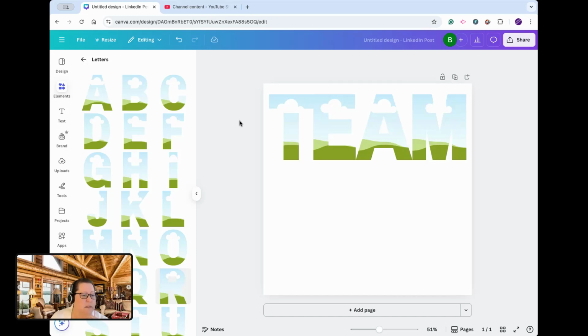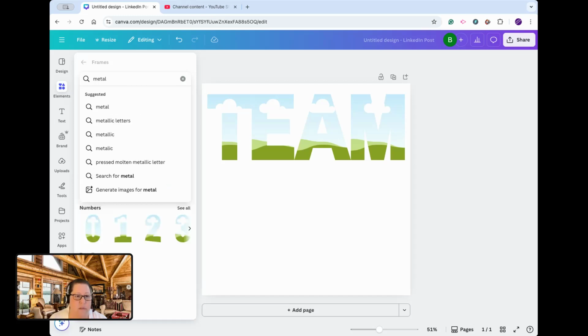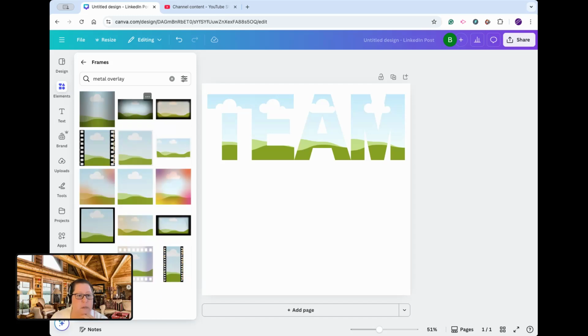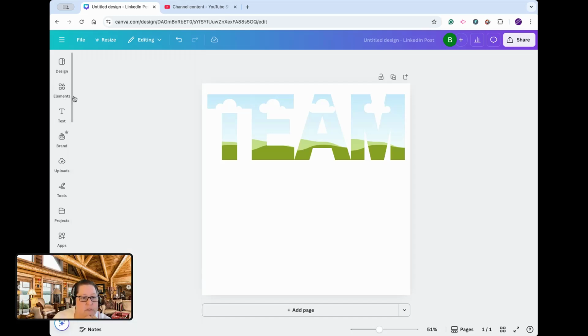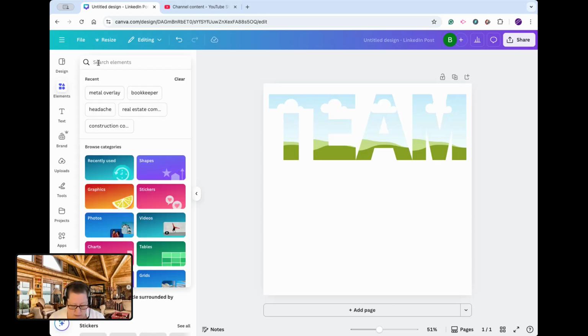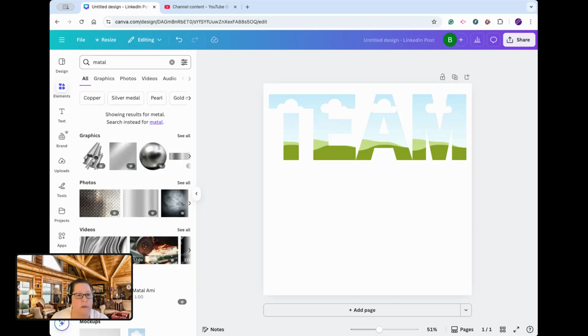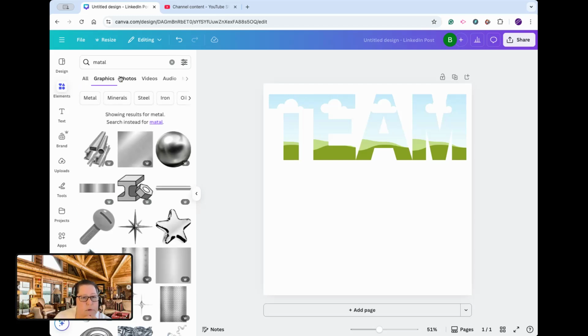Next thing I'm going to do is I am going to search for an overlay image. In this case, I'm going to come back over here to Elements, and I'm going to search for metal because that's what I did in the graphic. So I'm going to look for a metal overlay. Let's see. No, I don't want frames. I want graphics. Sorry, let me come back here to go to Elements, and I want to look for metal. If I could spell, and I want to look for